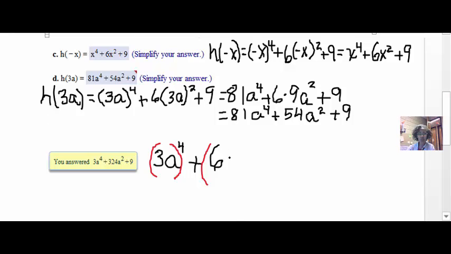And so that would have been where the problem was. And that would be incorrect. So in other words, you were thinking of this in this way, and notice how